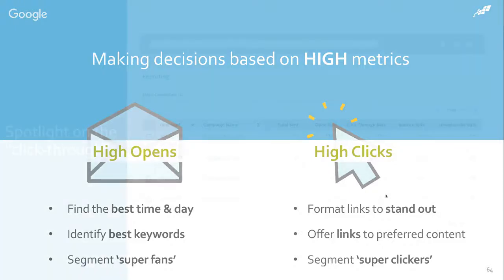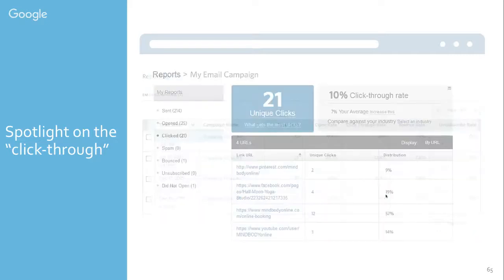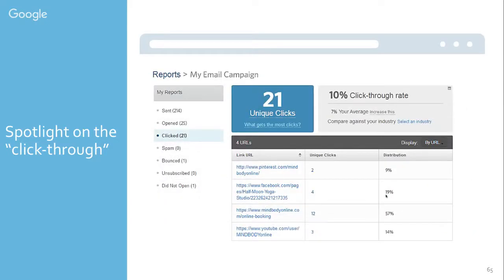So for click-throughs, as we look at this, people are clicking on this. I'm looking at my engaging email. I clicked on it, and then I see a 10% click-through rate. I see this, and now I know what those links were. So my unique clicks, mindbodyonline.com/online booking is where 57% of those went.